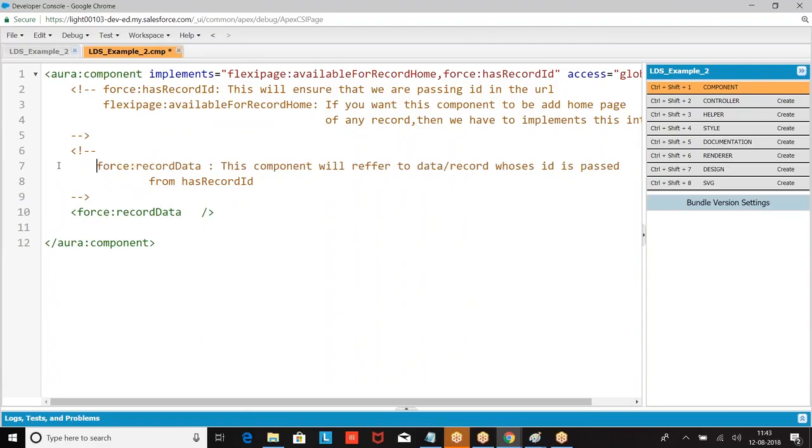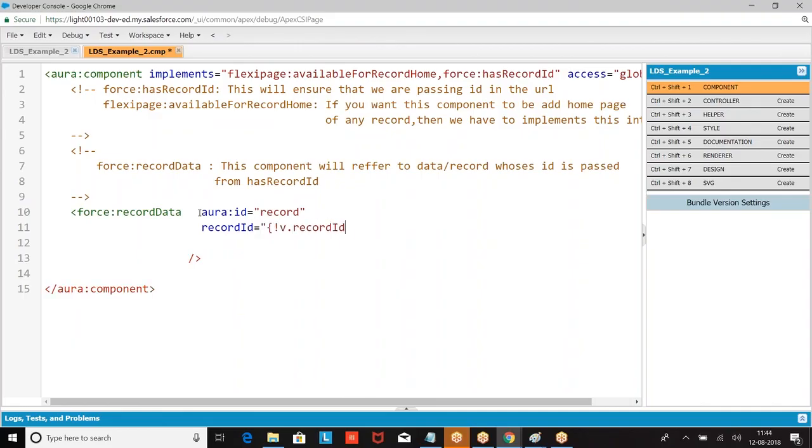In this section, first attribute, we are going with aura:id. I can give anything of my choice, right? It's an ID. Aura ID we have seen number of times. Then we have taken recordId. What will this do?